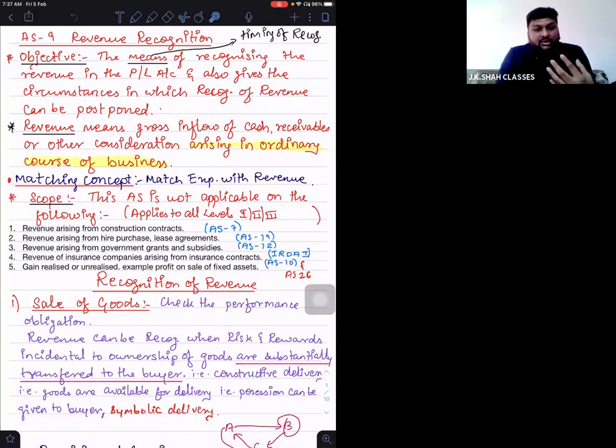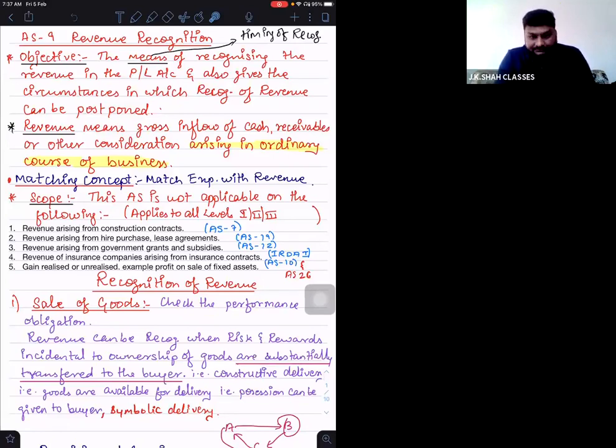So from a seller's point of view, if you are a seller and I am a buyer, you have to check what your performance obligation is with respect to the sale of goods. Is it a counter sale? Sir, if it is a counter sale, when you hand over the goods, the risk and reward is transferred, right? But on the other hand, if it is a sale where delivery is your obligation, now say for example, if you go to Reliance Digital,